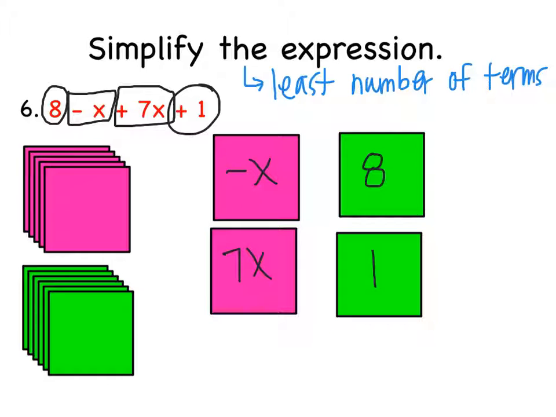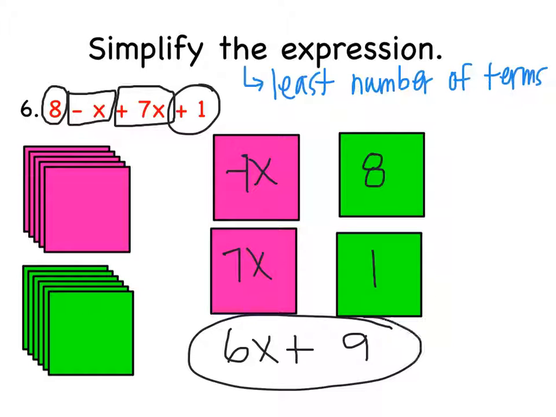So I'm going to add together negative x and 7x. Now, if there's no number in front, imagine there's a 1. So I've got negative 1 plus 7 is going to give me 6x. Then I'm going to add straight down. 8 plus 1 gives me 9. So my final answer for this is 6x plus 9, because I've simplified it by writing it in the least